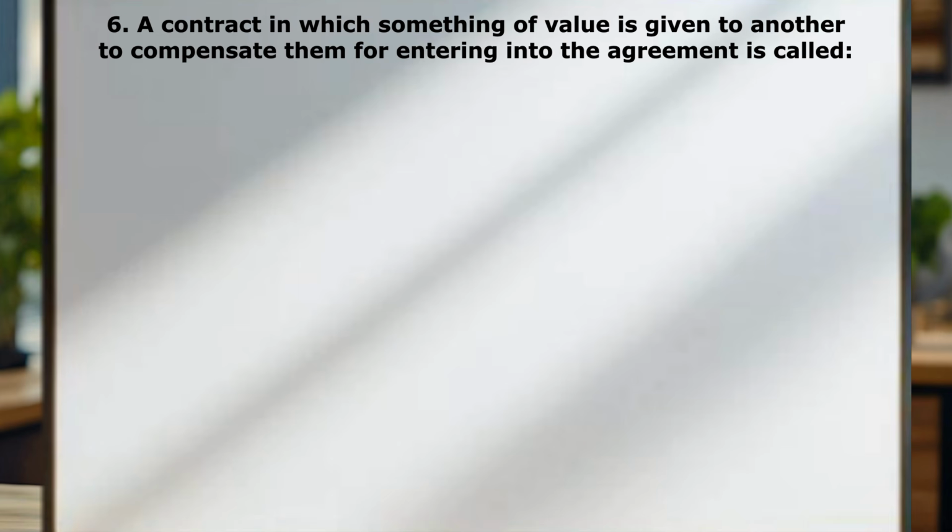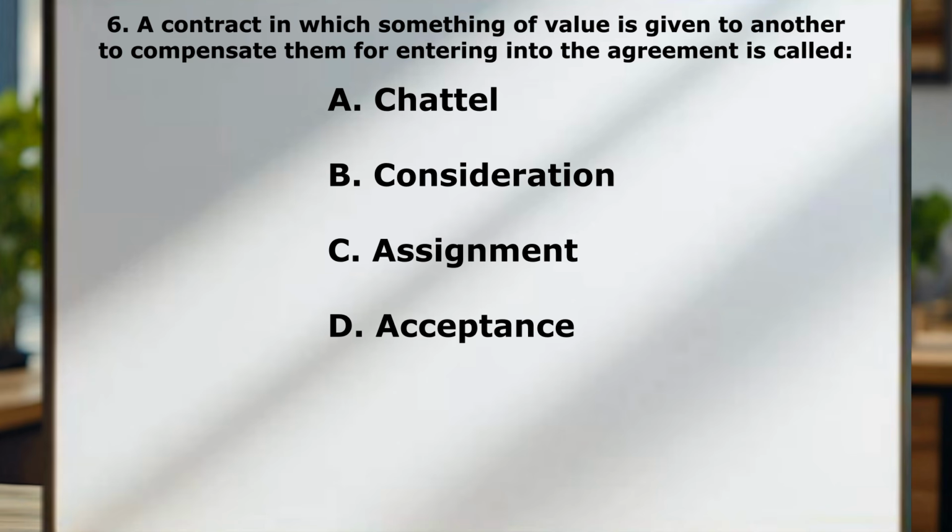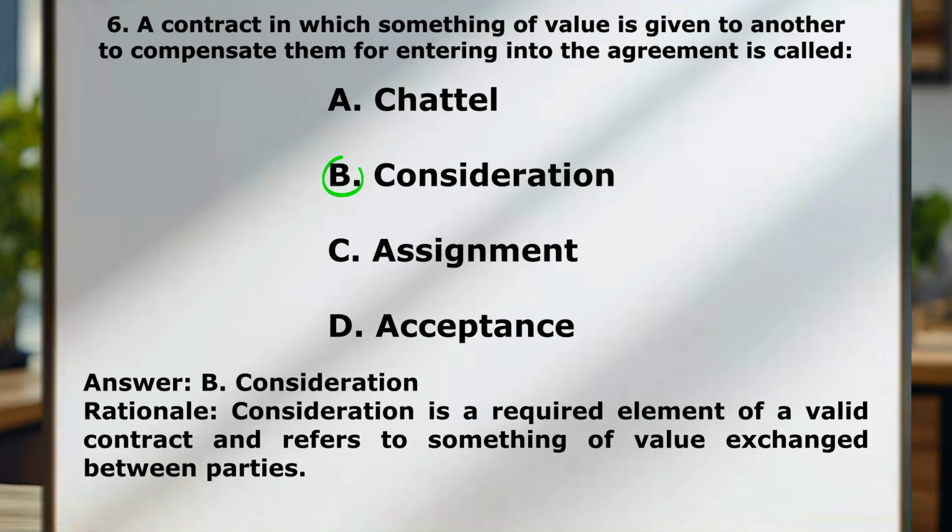Question number 6, a contract in which something of value is given to another to compensate them for entering into the agreement is called A, chattel. B, consideration. C, assignment. D, acceptance. Correct answer here is B, consideration. Now, consideration is a required element of a valid contract, and it just refers to something of value exchanged between